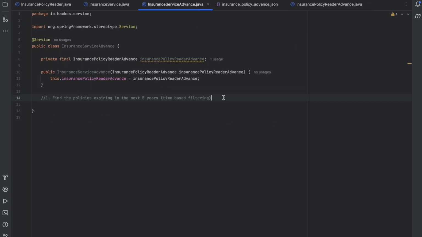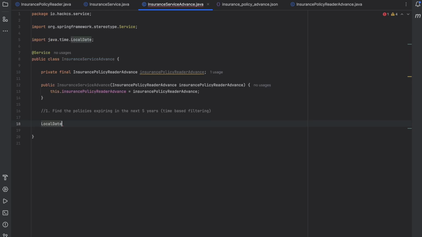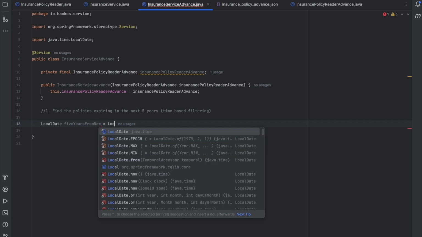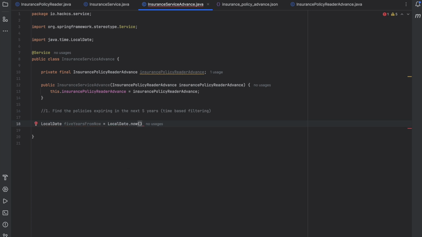Now let's solve it. We need to create our date, because we need to find policies within 5 years. So we have to calculate the date, right? We'll create a LocalDate variable, fiveYearsFromNow, get LocalDate.now, and then we are going to plus five years, and then we will pass the value 5. Later, I can have a method called plus 5 years or plus 10 years, but anyhow we will create